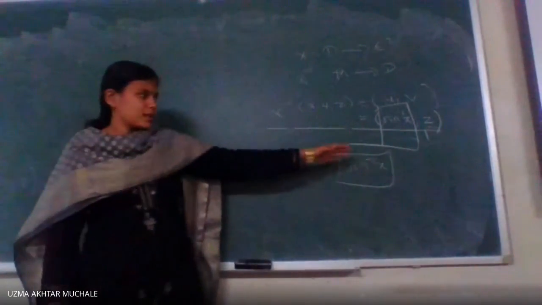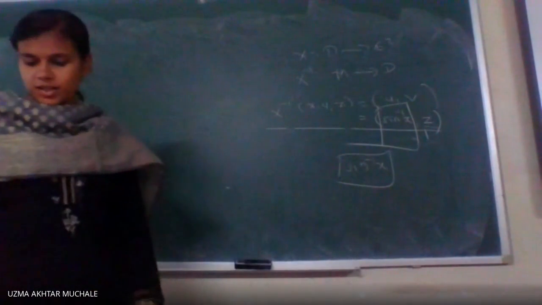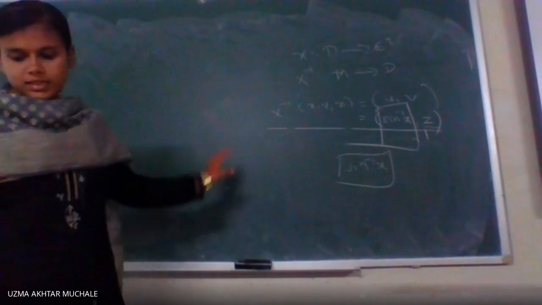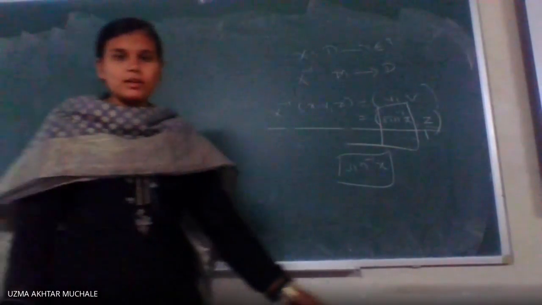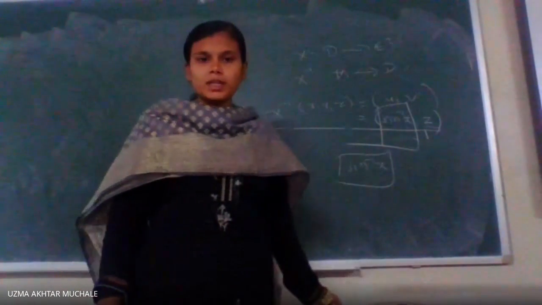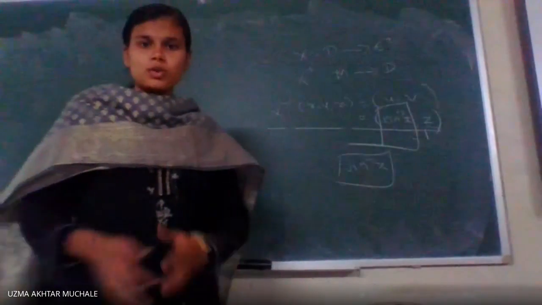Up to now, assume that sine inverse of x is not a continuous function in the domain, and therefore the figure 8, as a geometric object in the form of a figure 8, is not a surface.